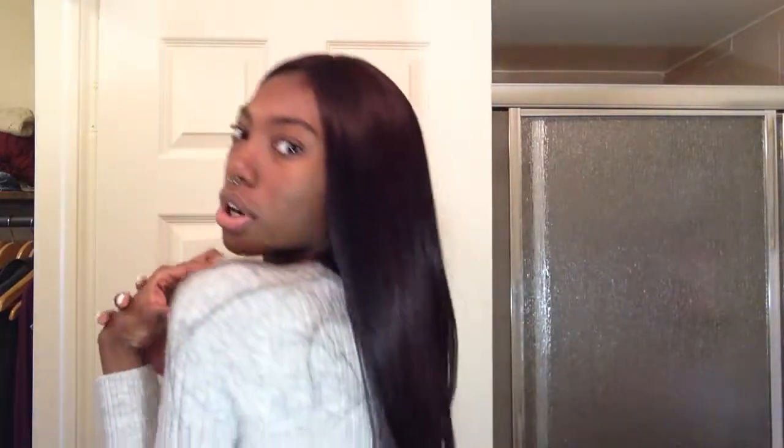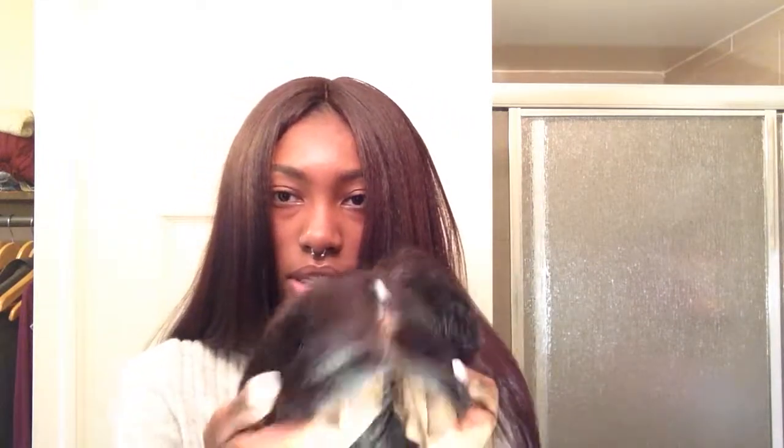So let me brush it out real quick. This wig is supposed to be worn in the side part, but I like the middle part better. It did come with some cute little curls, but I kind of brushed them out now. I'm going to take my tweezers and my rattail comb because as you can see, the part is very small. Let me go get one of my other wigs so I can show you how a part is supposed to look. Like on this wig, the part is a lot